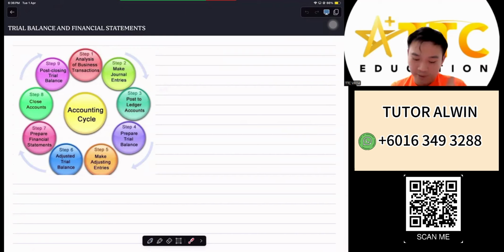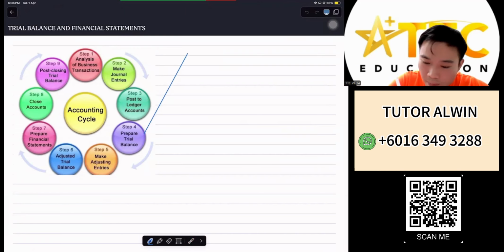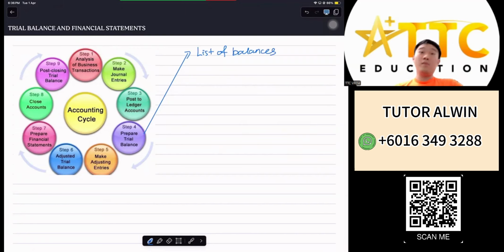So what is a trial balance? A trial balance is a list. It's a list of balances of the accounts from the ledger